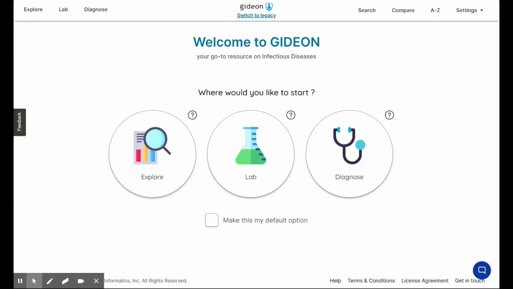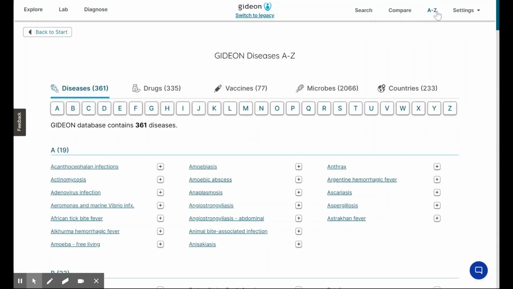What kind of information does the GIDEON database have? How many records are maintained on a daily basis? The easiest way to find out is by using the A to Z functionality, available from the main navigation bar. The A to Z catalogue tells us how many diseases, drugs, vaccines, microbes, and countries are covered in the GIDEON